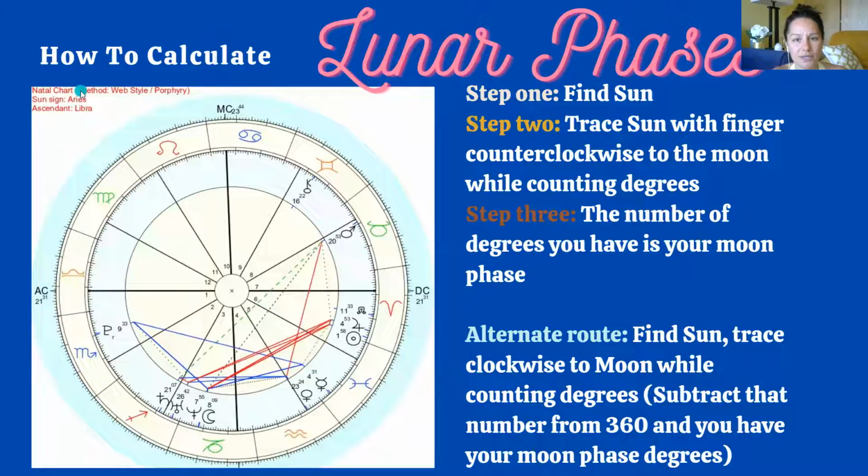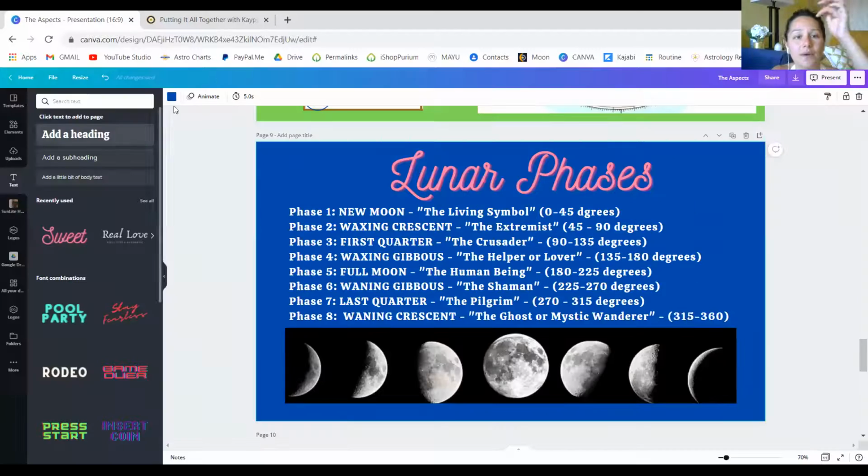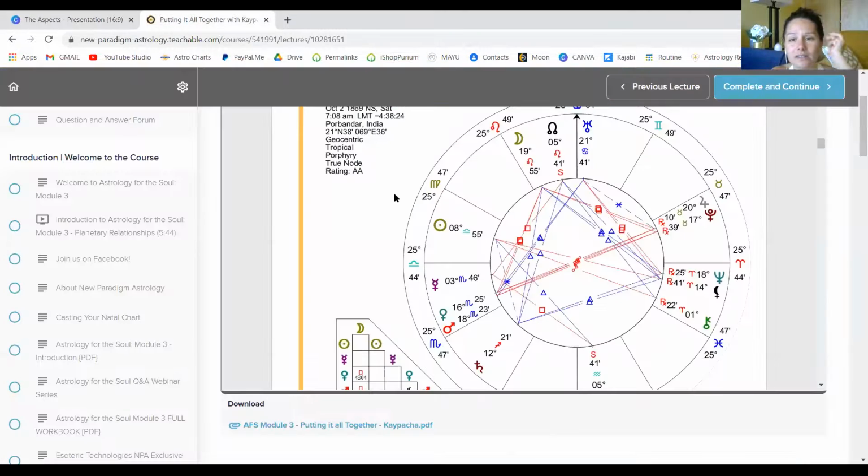I think I wanted to show you another chart just to show an example of what it might look like. This is Gandhi's chart. And he's got a grand, a T, what do they call it? This is an opposition where it's opposite,